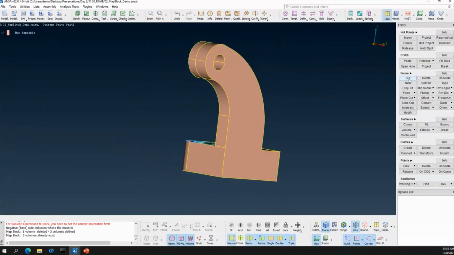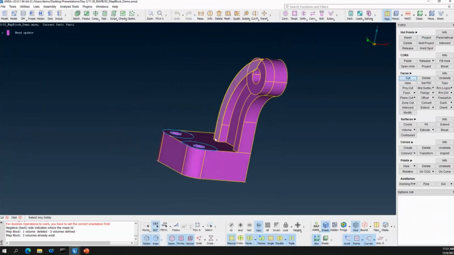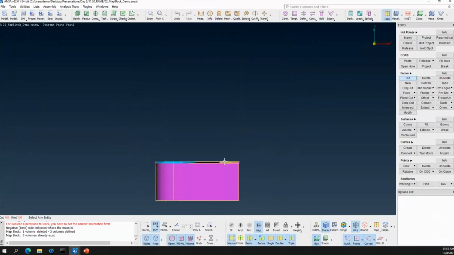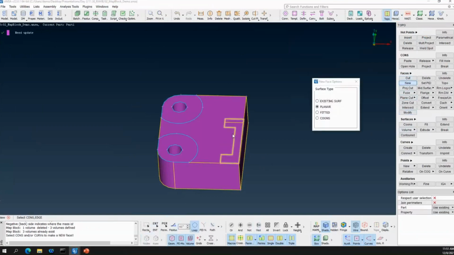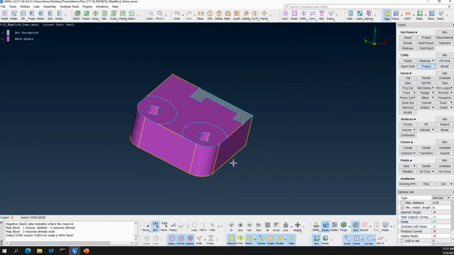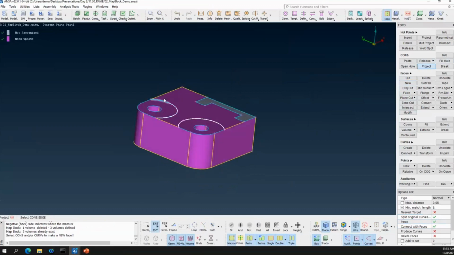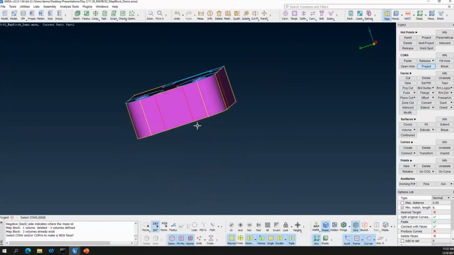So I'll go to my topo again, and use some topo functionalities like cut. And try to make a planar face here so that I can make a different block out of it. Using the loop option, I'll just fill this area. Furthermore, I'll use the project functionality with some options like paste and connect with faces activated. I'll project these cons onto this face to create blocks of these areas.